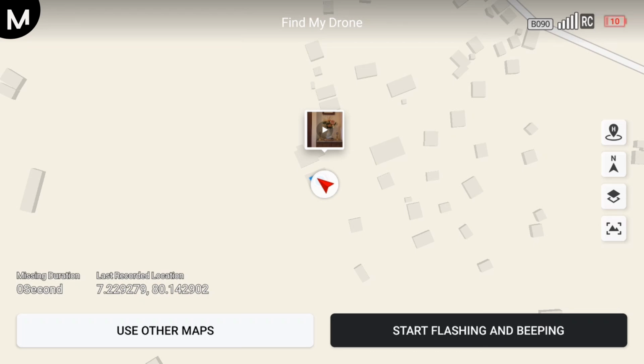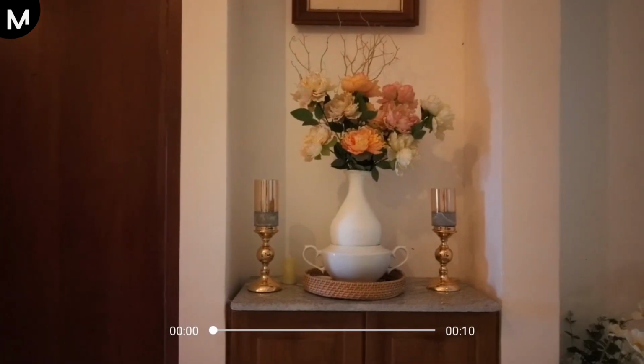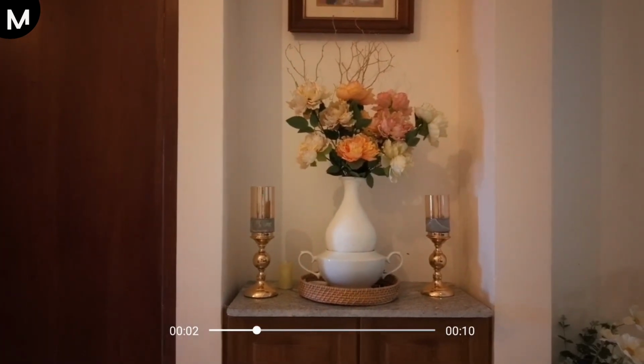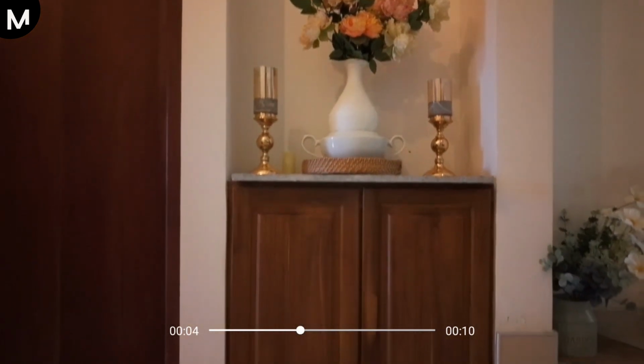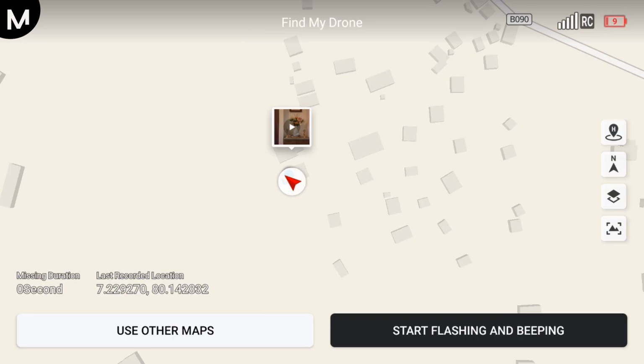After a few moments, it will display the drone's current location on a global Google map. For instance, if your drone is nearby, you might see it located within your room or any specific place where it has landed. Once the location is visible on the map, you can take it a step further by selecting